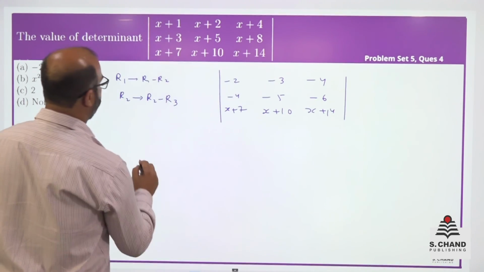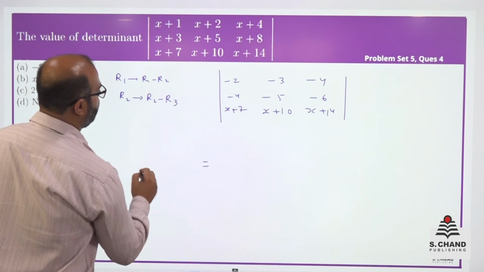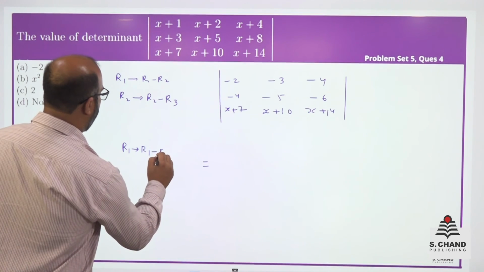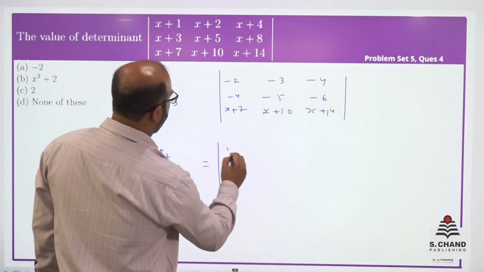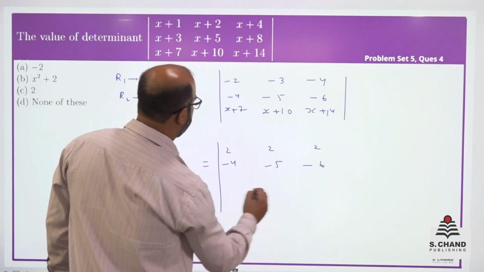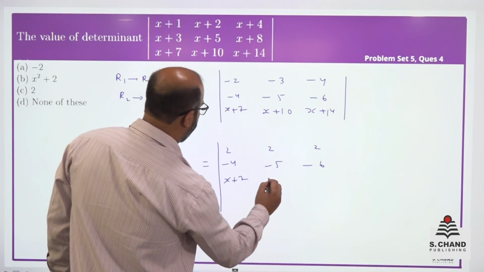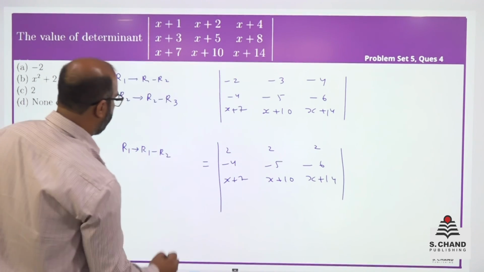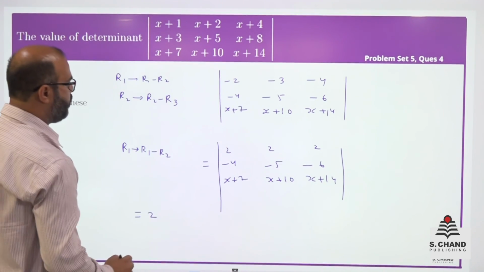Then again R1 as R1 minus R2. So this will become 2, 2, 2, minus 4, minus 5, minus 6, x plus 7, x plus 10, x plus 14. Now 2 is taken as common